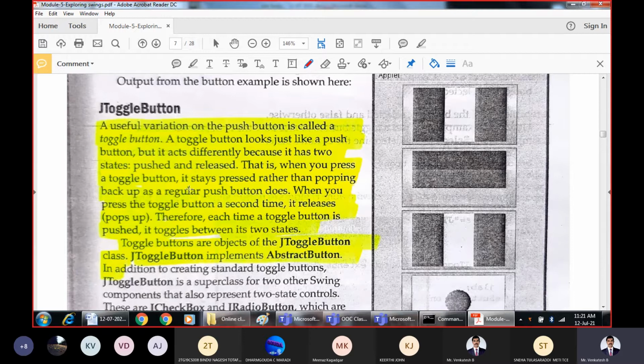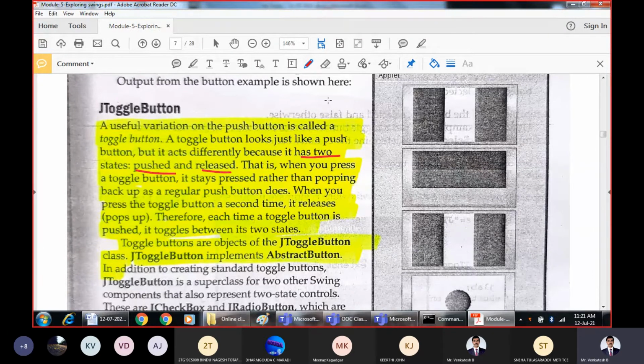But the difference between push and toggle button here is that a push button has only one state, whereas a toggle button has 2 options. It can toggle between 0 and 1, between on and off, between true and false.